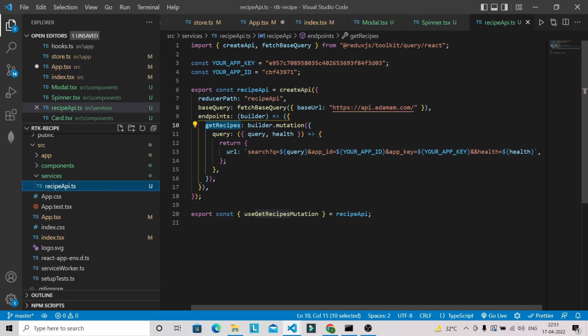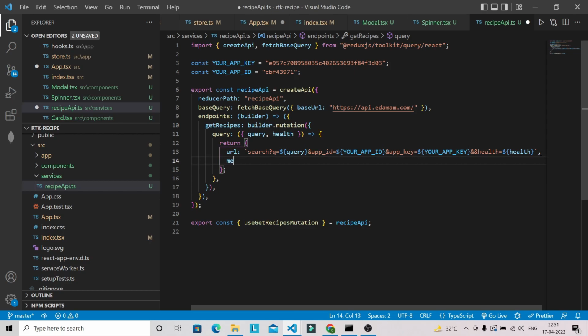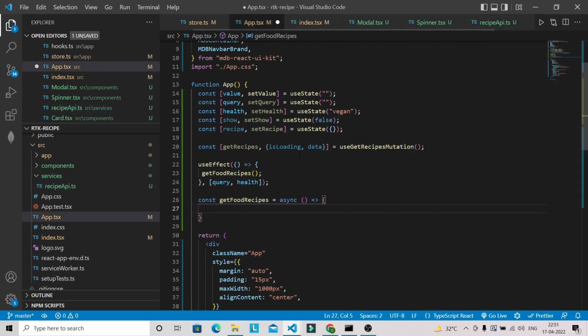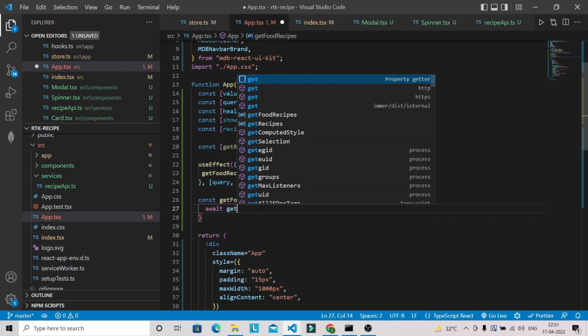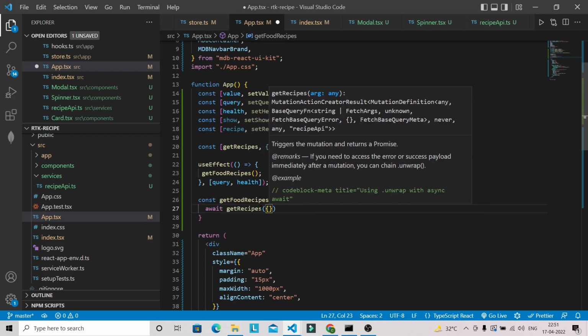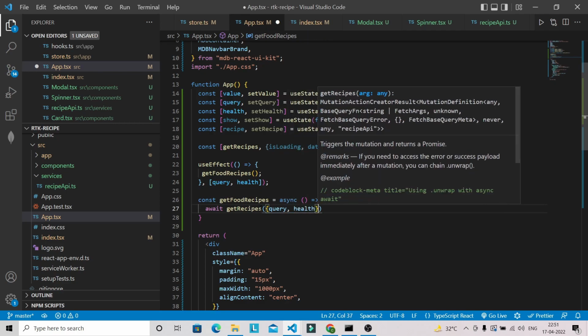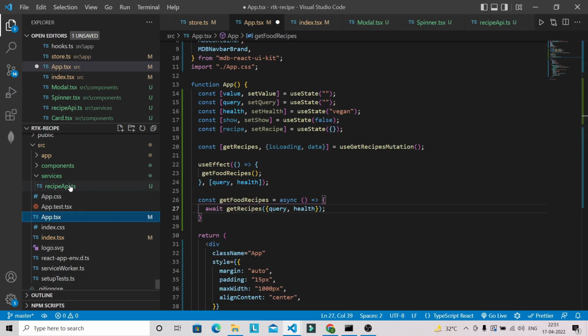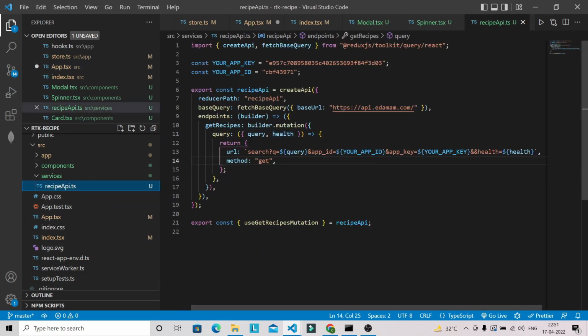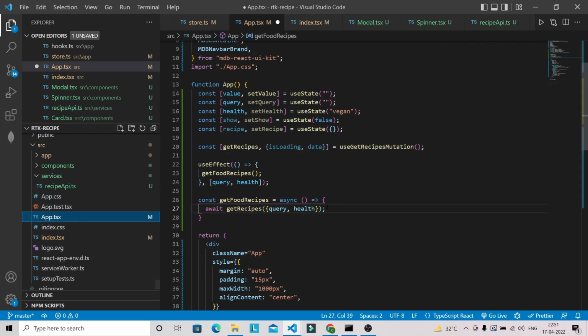Okay, and here we have to also define one more thing, that is method. So here you have to specify get. Okay, so let's specify method as well. After this we can just do like await getRecipes, and we have to pass query and health in the form of object because we are receiving here in the form of object only. So you have to pass this way. Okay,